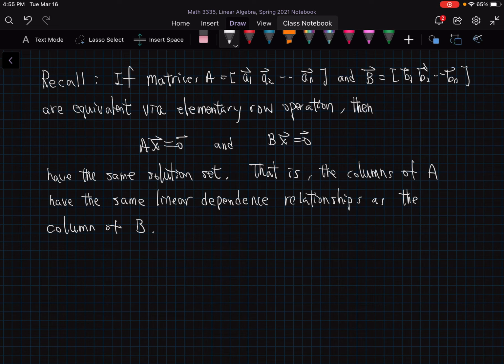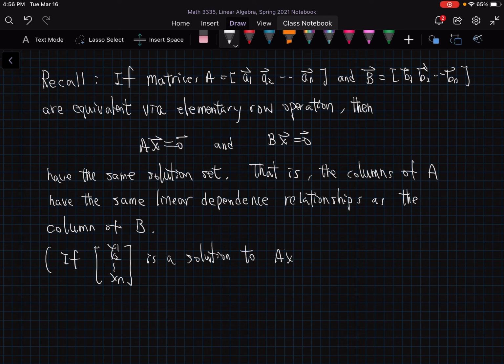We have a given matrix A reduced into a B, like a reduced echelon form, and then we can figure out the answer for that. So if matrix A and B are equivalent via elementary row operations, then they have the same linear dependence relationships as one another. This is saying if x1, x2 to x sub n is a solution to